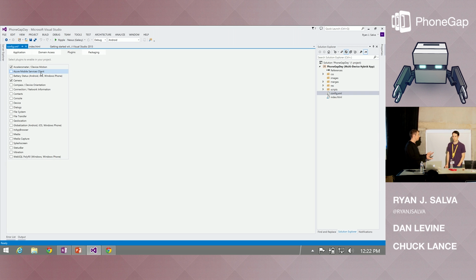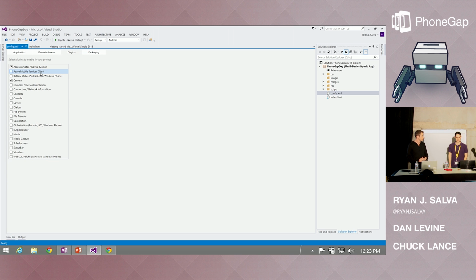So, all right, cool. We just added a couple plugins. What's going to happen on the CLI side of things? Effectively, we're about to hit build, and we've queued up a series of commands. If we had started from ground zero, and in fact, if you clean, this will actually happen, we will automatically create the project, add the appropriate platform, add each of the plugins you've selected, and essentially prepare everything, and then fire off a build and launch it in whatever device target you're going after.